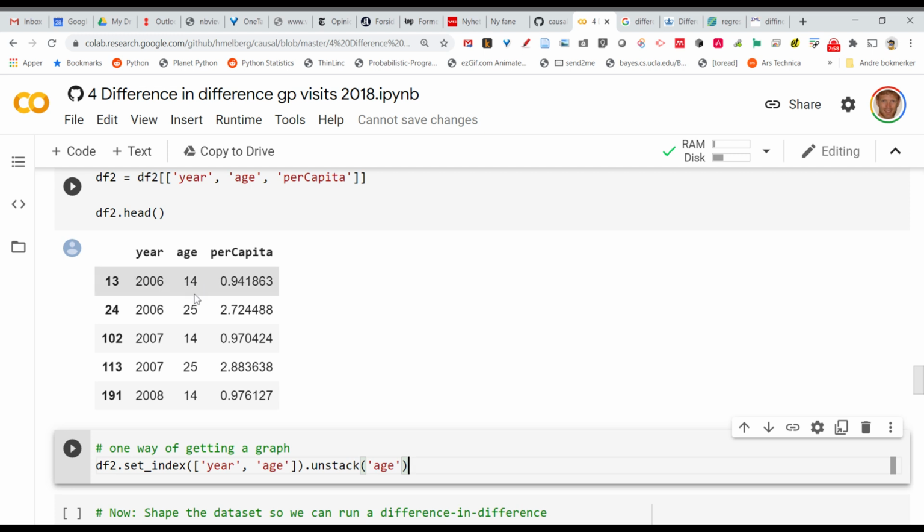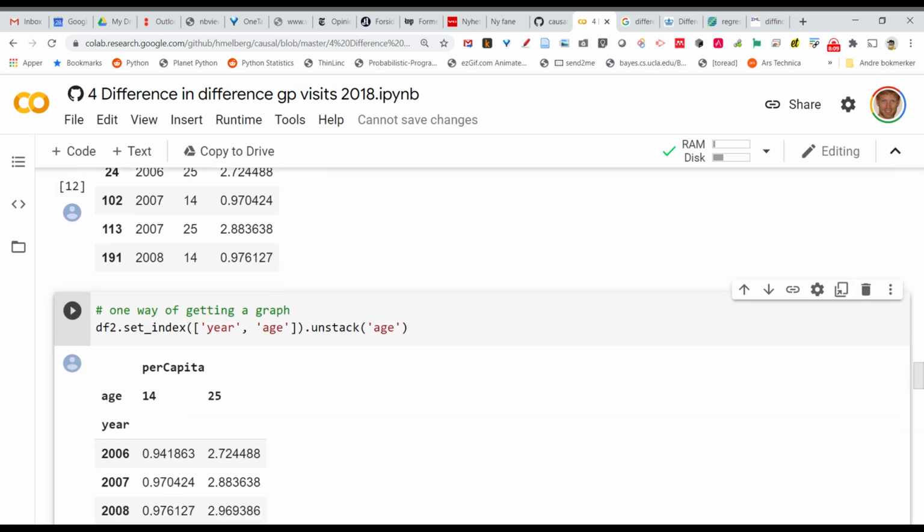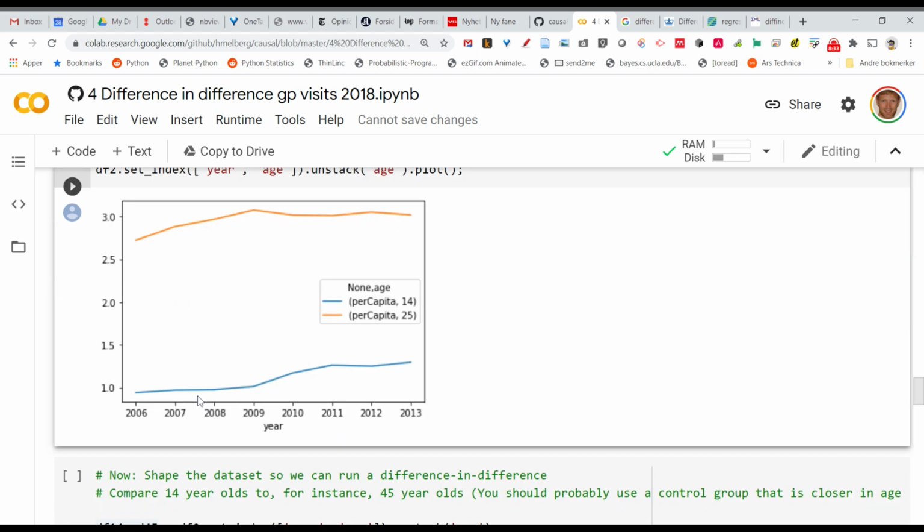And then I'm unstacking it. Basically, this 14 and 25 now will not be in as rows, but there will be columns. I'll see what it's easier if you see it. You see, now I have one column for 14-year-olds and another column for 25-year-olds. So that's what unstack does. It takes a variable that's stacked and unstacks it. So if you do that, then you can plot it, and you'll see what you get. Plot. You have to do a line. We'll see. Plot this, and we get, yes, one line for the 25-year-olds, another line for the 14-year-olds, and there